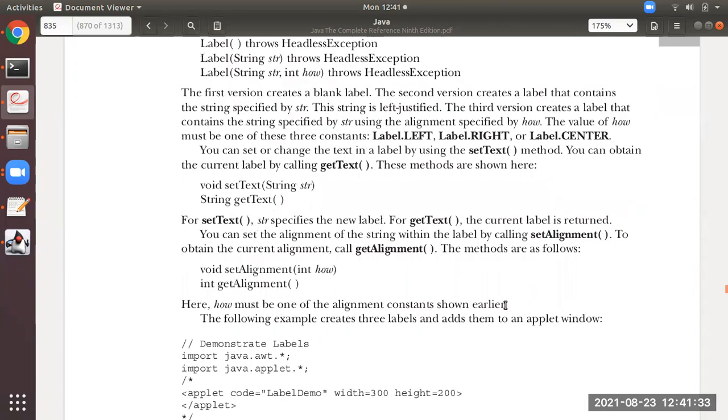And one more thing is you can set the names also if you want to set from your side, or you can change them. For that, you have to use this method, setText. By this, you can set a name. If you want to get the name that you have given, use this getText method. So this is very simple, students. Simple AWT control, the first one.